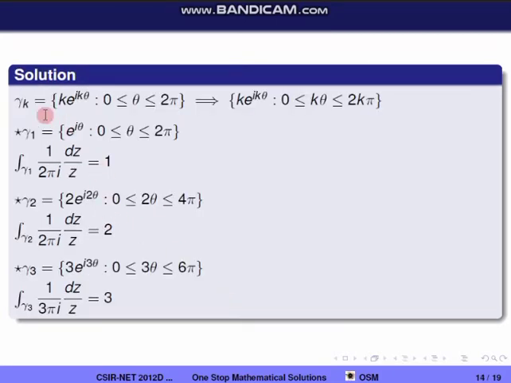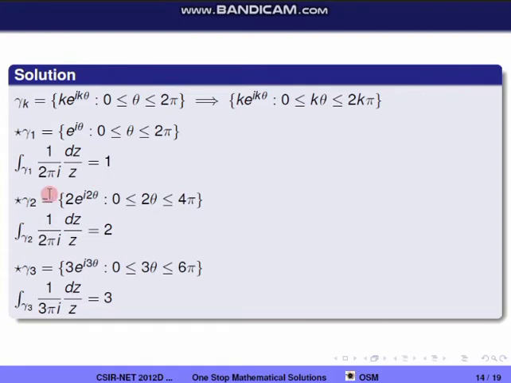So they are given gamma k is equal to set of all k e power ik theta such that 0 less than or equal to theta less than or equal to 2 pi. Therefore, this implies k e power ik theta such that 0 less than or equal to k theta less than or equal to 2k pi. So gamma 1 is equal to set of all e power i theta such that 0 less than or equal to theta less than or equal to 2 pi. So integral over gamma 1 by 2 pi i dz by z is equal to number of revolutions, which is